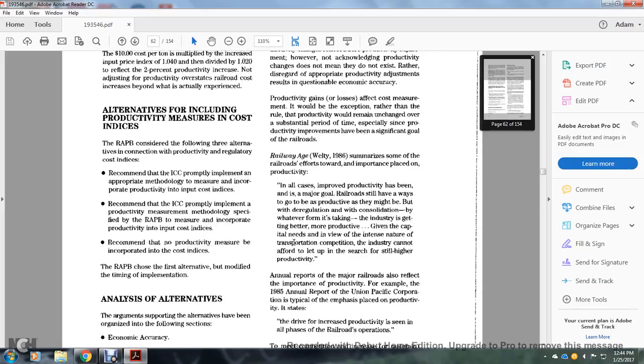in all cases. They provided productivity as a major goal. The railroads still have ways to go to achieve the productivity that they might achieve, but with deregulation and consolidation, the industry is getting better with more productivity, given the capital needs. In view of the intensive nature of transportation competition, the industry cannot afford to let up the search for